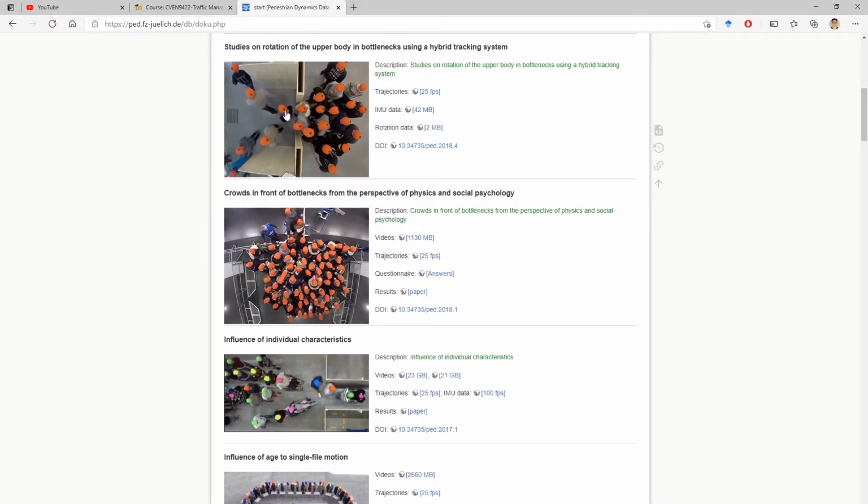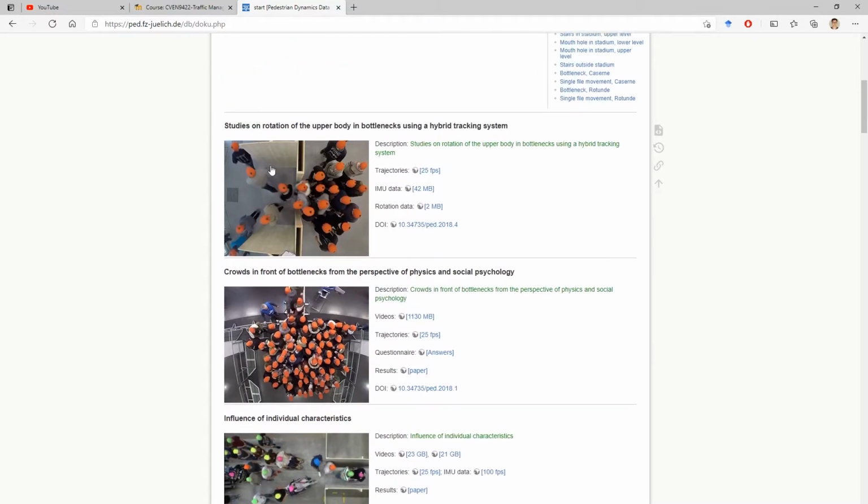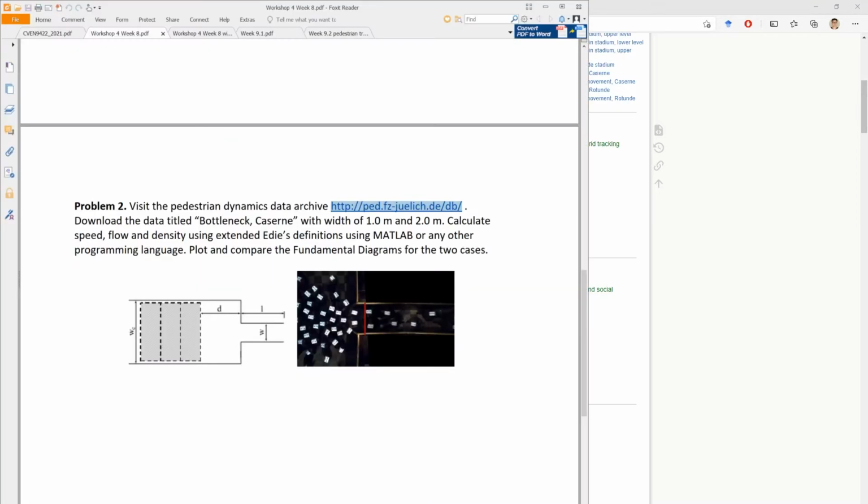They have participants wearing hats, and cameras at different angles tracking the position of each person, and then across different frames you can extract their trajectories,